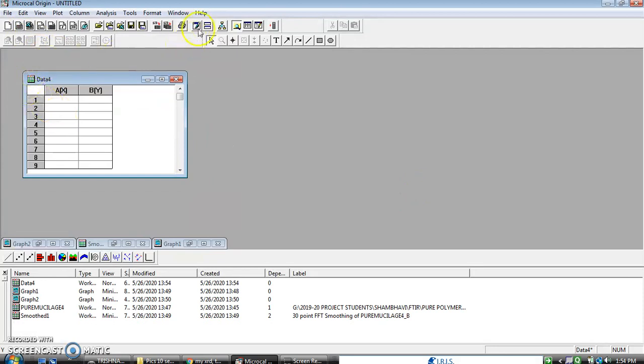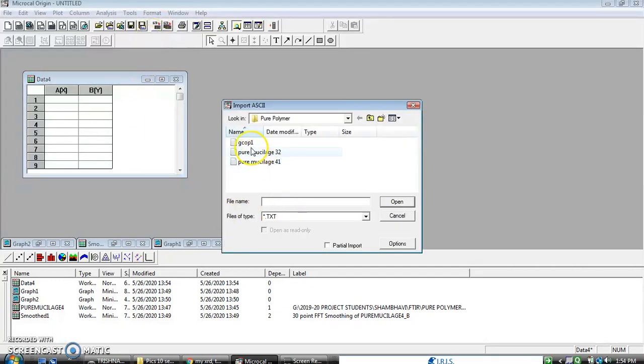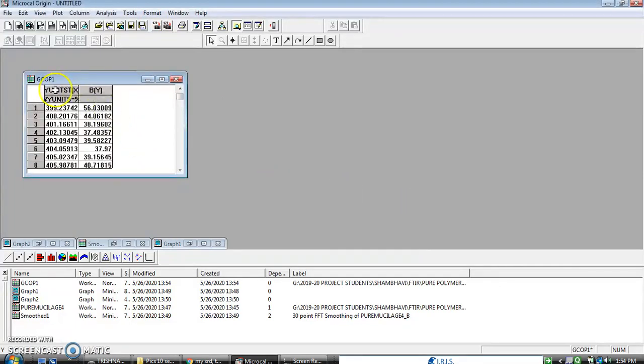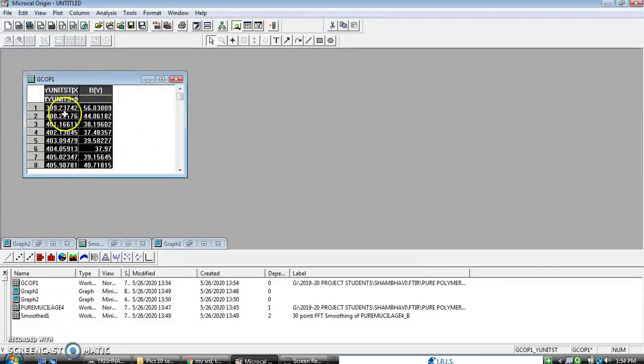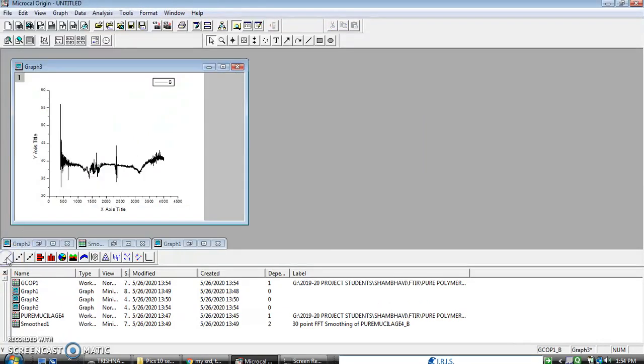You click onto this worksheet, and then again you go to the ASCII, import ASCII file. Here it is just present below the format. As you click onto this import ASCII file, now into the second set of readings, suppose I get this second set of reading. Now again the same procedure, you select both x and y axis, then you go for the line. Now you see so much huge noise, you are not able to diagnose and interpret what type of peak or valley is present in your graph.